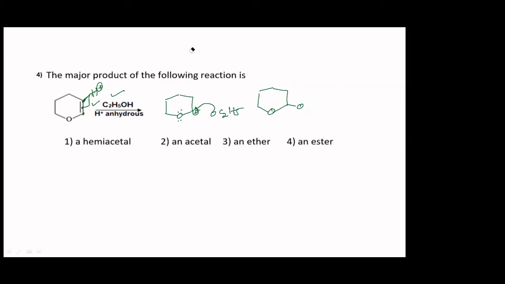How are you going to identify an acetal? The same carbon must have two OR groups. Then it is an acetal. This is one OR here. This is also OR only, no? Even though it is cyclic, OR this side. And therefore it becomes an acetal. Correct? Yes or no? Now yes, it is understood. It's a very important question. Hope all of you followed it now, right? We'll move on to the next one.